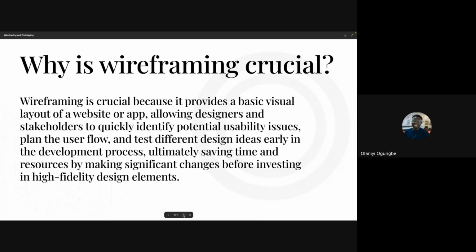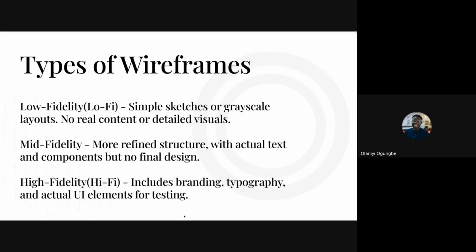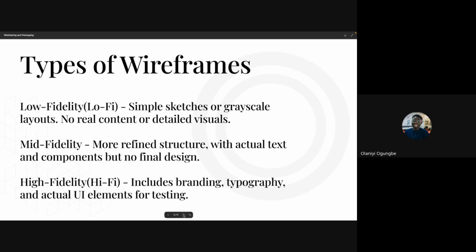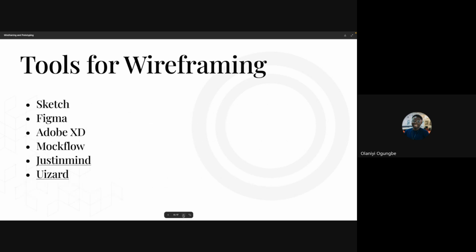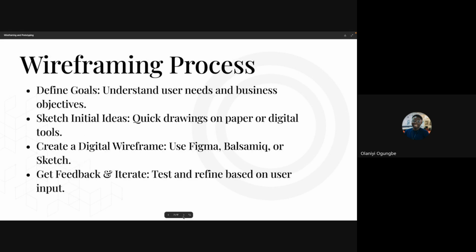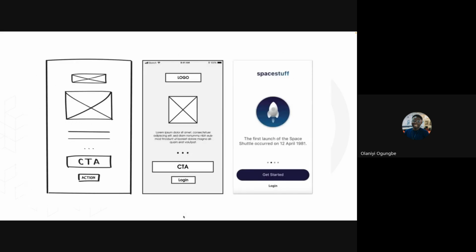Types of wireframes. So we have three main types of wireframes, but there are some companies that basically only do two, while some do all three. And I'm going to explain what it means. But before I do explain this, let me show you guys what a wireframe looks like real quick. Oh, why did I put this at the last? Okay, so this is what a wireframe looks like. These are the three main types of wireframes.